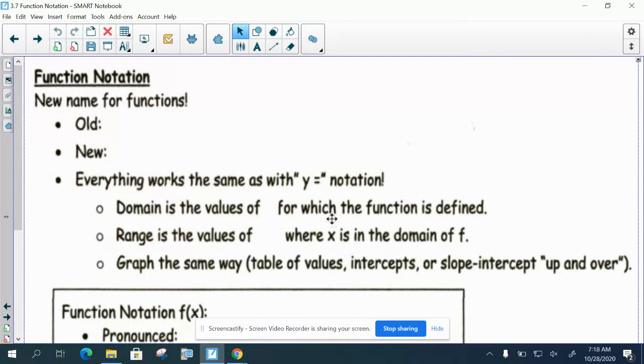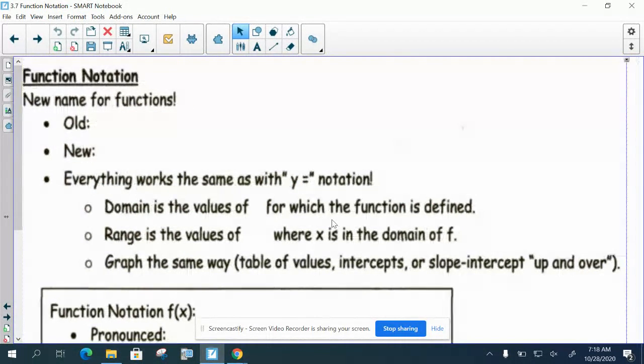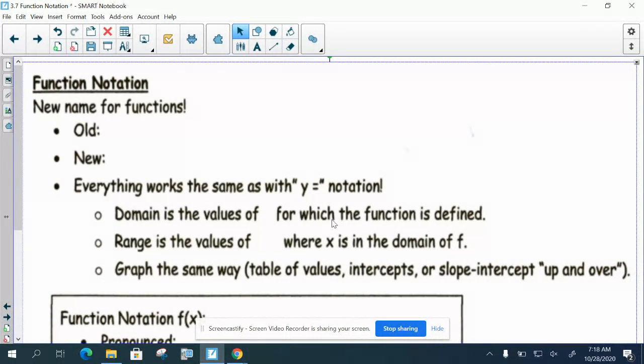All right, so functions. Looks like my drawing tool is trying to warm up here, so sorry about that. I'm probably going to just need to type. Okay, so